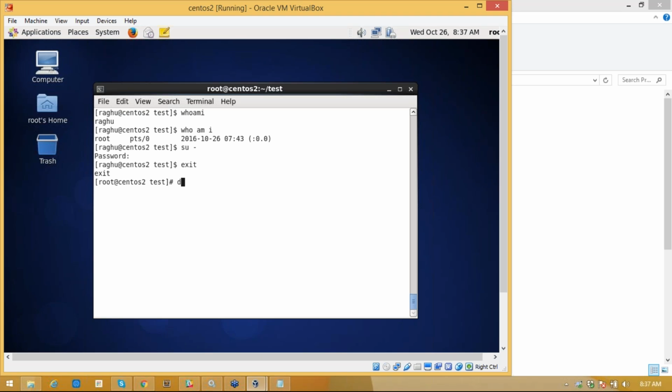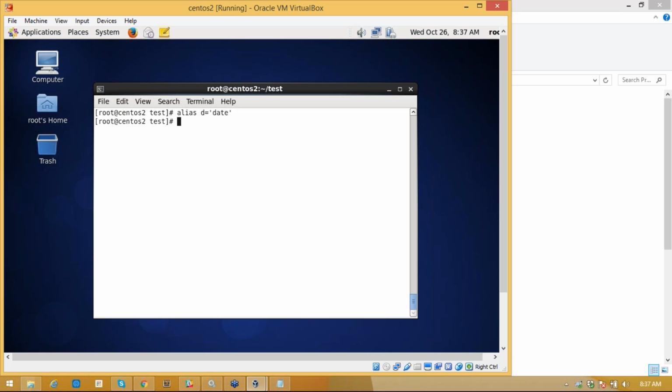If you give date, it will give you the entire date. Suppose I don't want to type the whole thing, I just want to write d. You can say alias d=date.